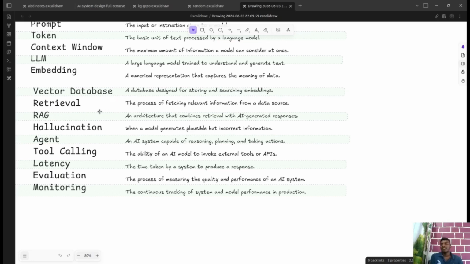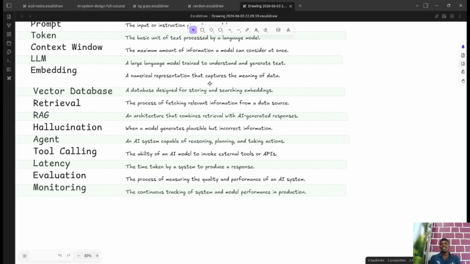And retrieval is the process of fetching relevant information from the data source. A vector database is kind of a data source. So the process of getting the relevant information out of the whole data source is called retrieval. And RAG is basically an architecture, which we just discussed, that combines the retrieval along with an AI generated response.